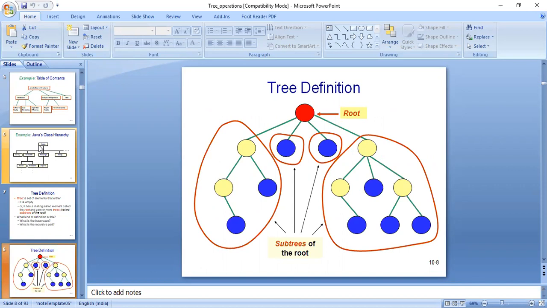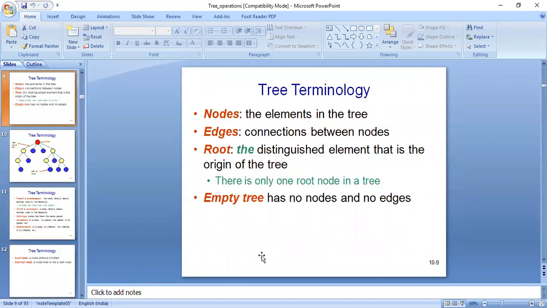The main root from where all the other nodes are initiated is termed your root node. It may have various children, and this is termed your left subtree, and then this is termed your right subtree. They have children, and accordingly we will traverse.